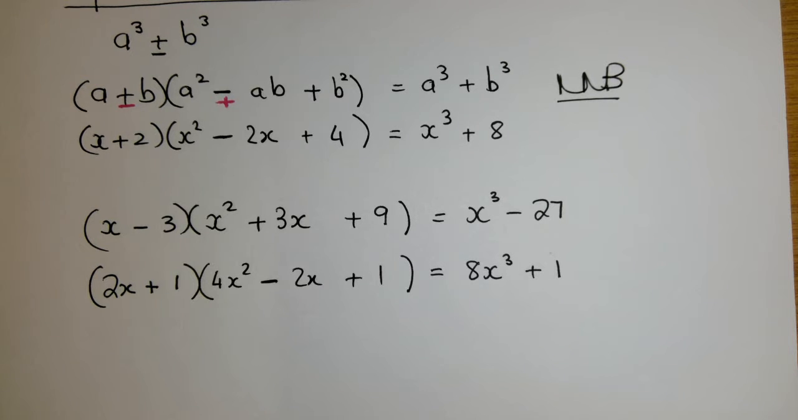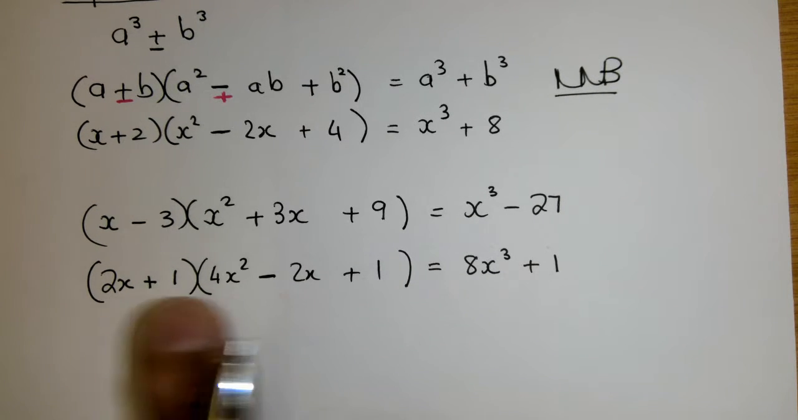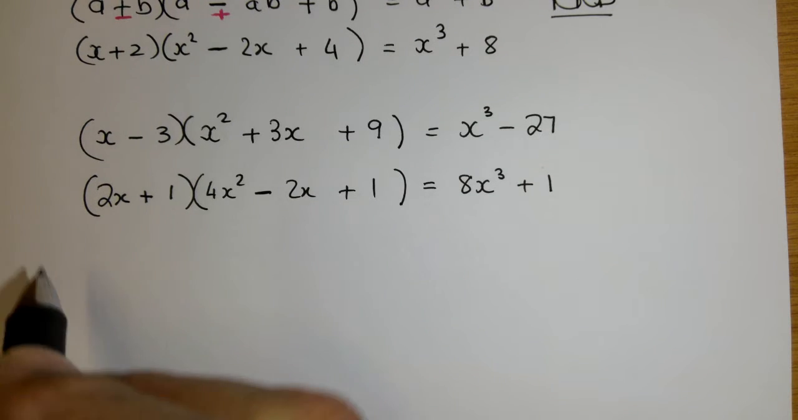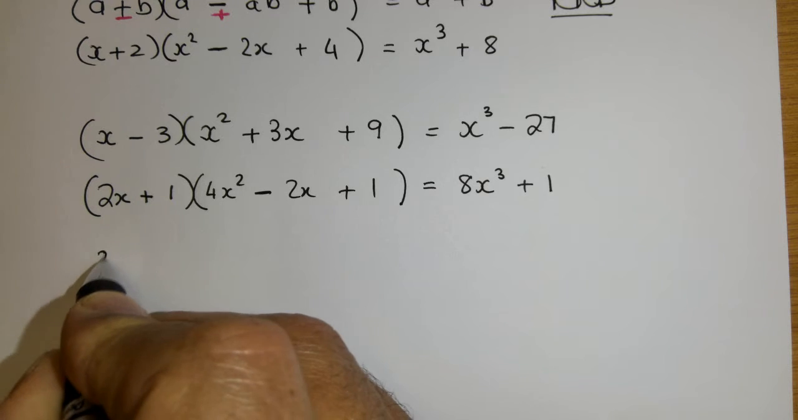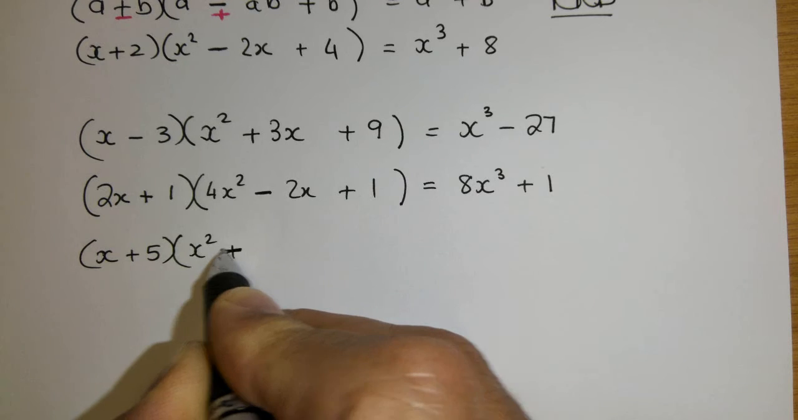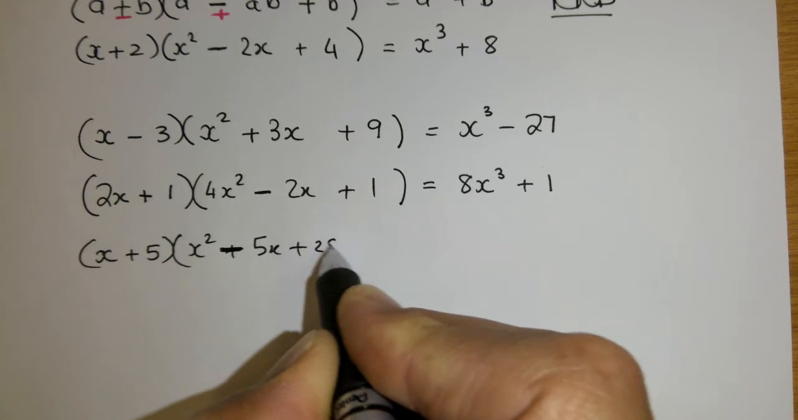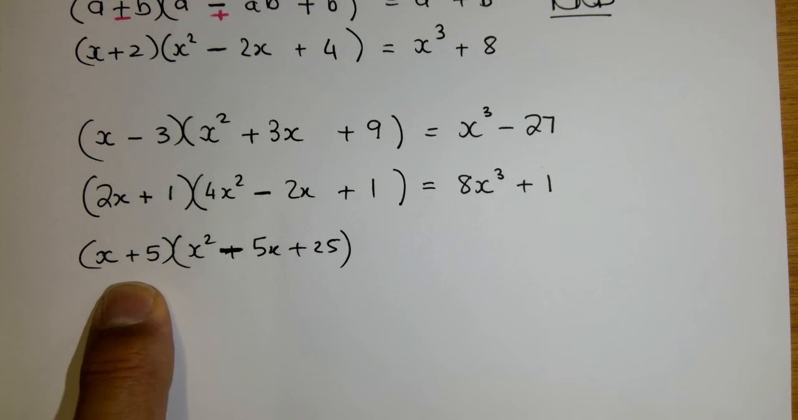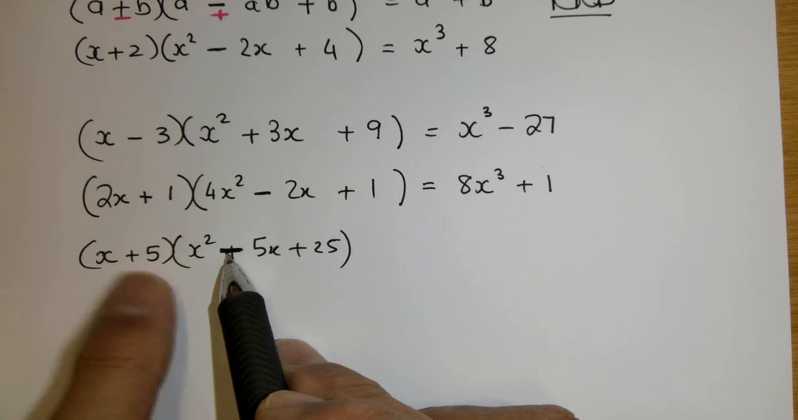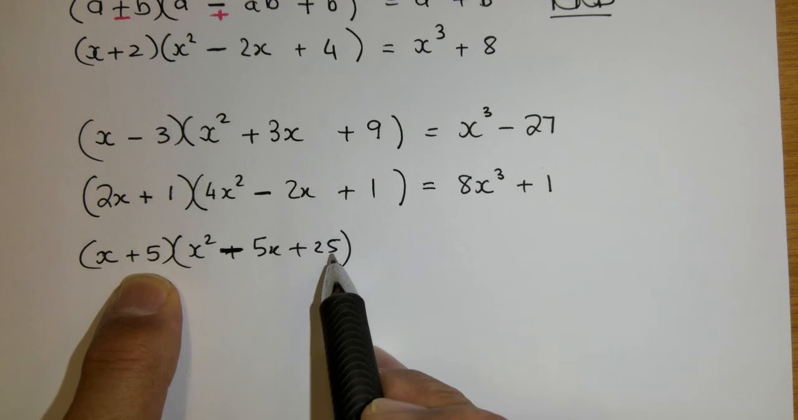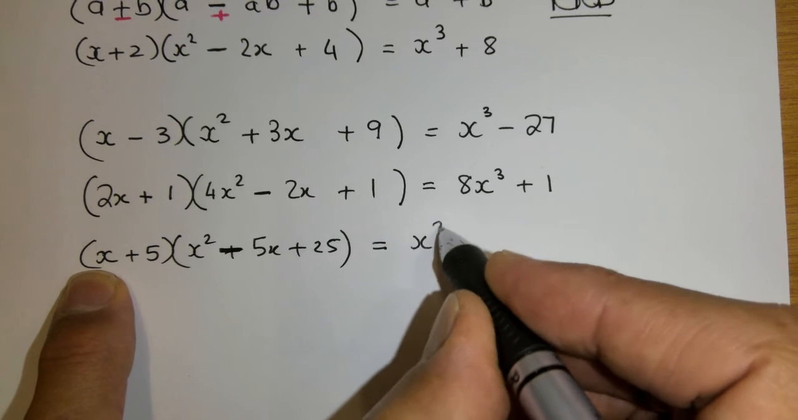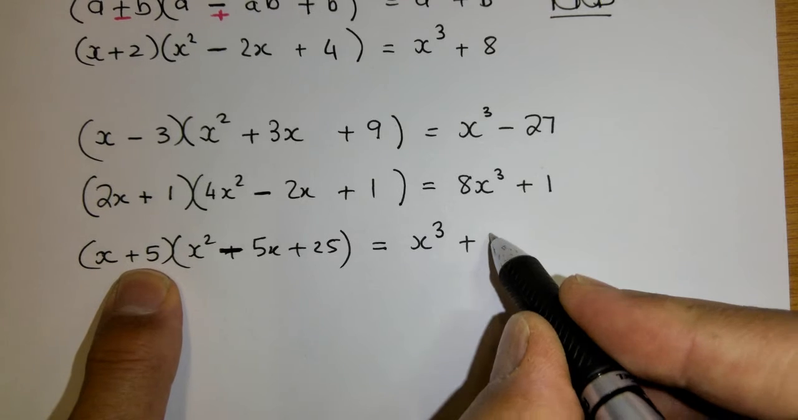1. Okay. So let's have a look at a few problems where I've got these two and I've got to get there. I hope you can identify this form. So let's go for x plus 5 multiplied by x squared minus 5x plus 25. Now let's see. The first term squared, the second must be the negative of that product, which it is, and the third term must be the first one squared. Then the result is x cubed plus the 5 cubed, which is